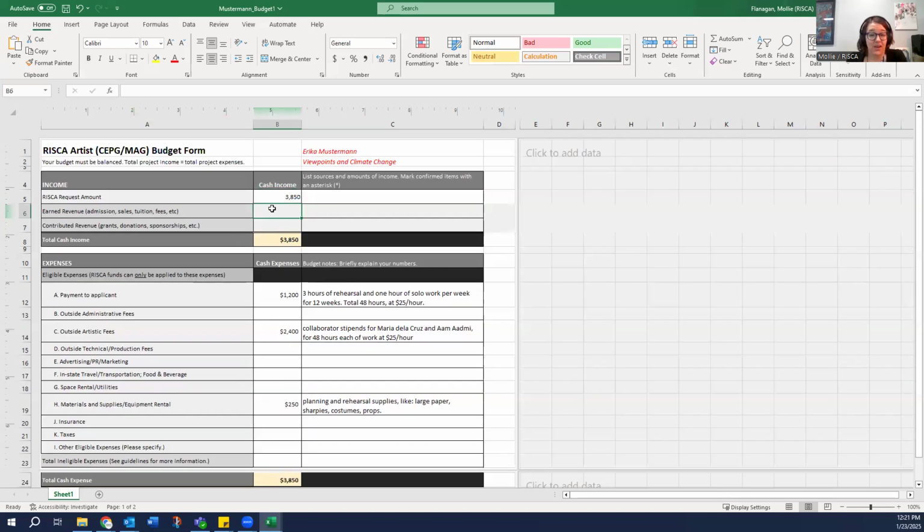If you are going to have revenue in any way, which means you're completing a project and you're going to have ticket sales, that estimate would go here. If you're getting a grant from the City of Providence or Rhode Island Humanities or some other area, that would go here in contributed revenue. For example, if I knew I was applying for a grant from Rhode Island Humanities for $1,000, I would put $1,000 in here, and then I would say applied for a mini grant because that's the name of their grant